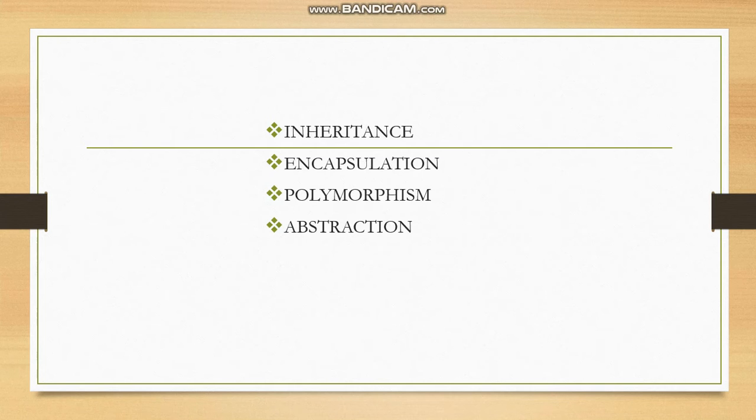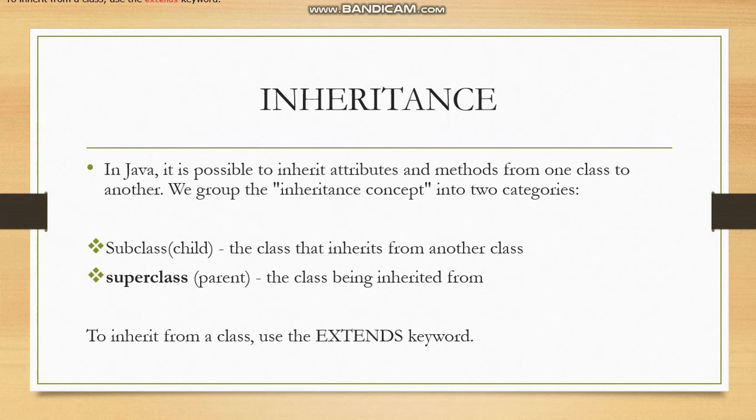So the first is inheritance. Inheritance in Java makes it possible to inherit attributes and methods from one class to another. We group the inheritance concept into two categories. There must be a subclass, or child, that